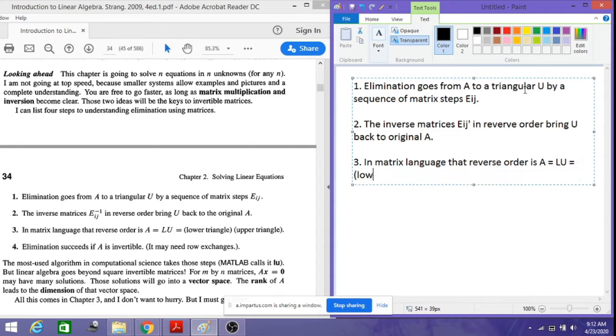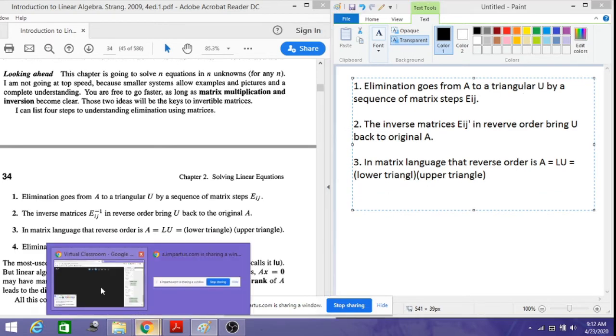So L is nothing but the lower triangle here, then U is nothing but our upper triangular matrix. Then the fourth one is that